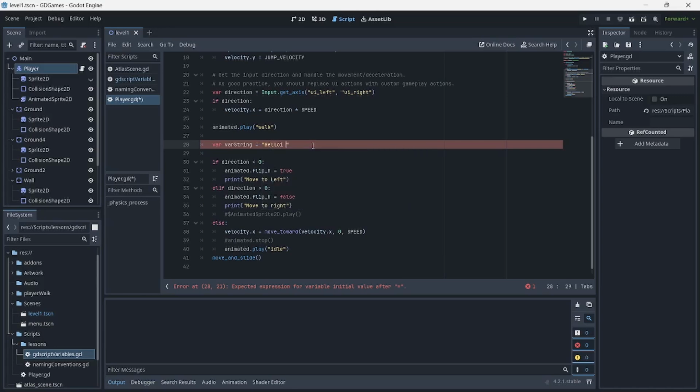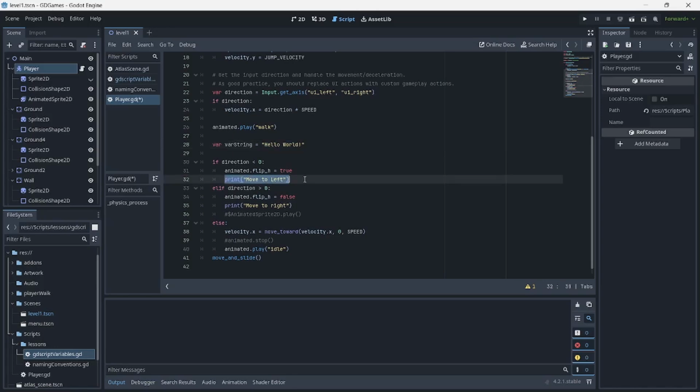So that means I can say hello world. I can now print out this string data type inside of one of the print methods that we are able to print every time that this boolean is set to true and every time that this boolean is set to false. We know that the flip here is a property and it's actually a boolean value. Don't worry, we'll talk more about the different data types as we go along. But if you're a total beginner, that's just one of the things you have to understand about booleans. They are usually either true or false.